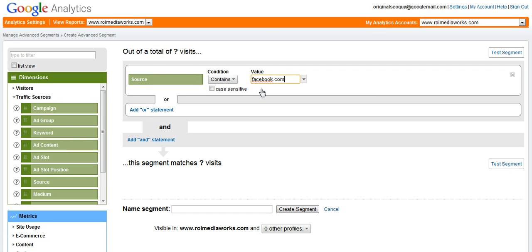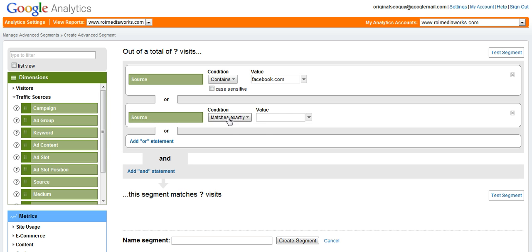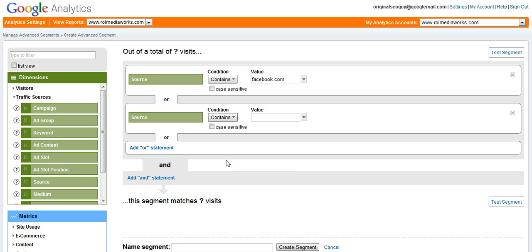So it's automatically showing, if you're already getting some traffic from these social networking sites, Google automatically populates them here, so you can pick the site you want. And then let's go ahead and add another segment here. Source contains. This time I'm going to look for Twitter,